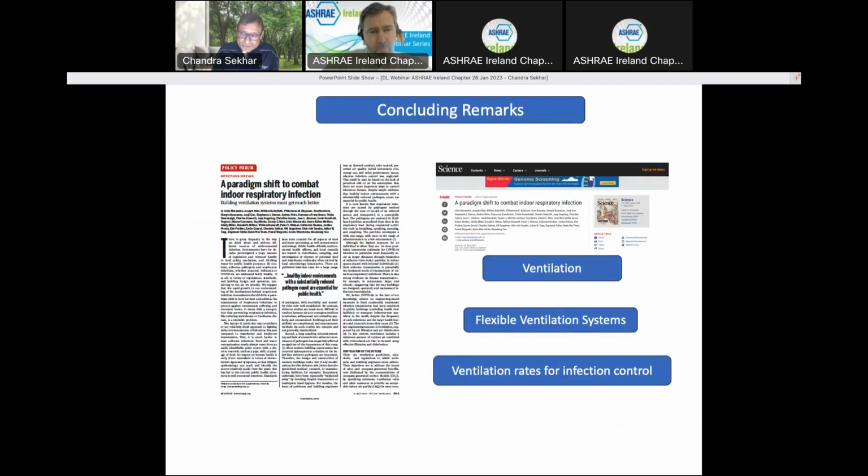I come back to this concluding slide, which is about that Science article that I said came up around the middle of 2021, I think it is, in terms of the timing, where we spoke very clearly about the need to enhance ventilation. Need to look at ventilation systems not as a static design and operation, but as a flexible system. In other words, it has to be resilient enough to adapt from a particular requirement at one time to maybe something else at another time.